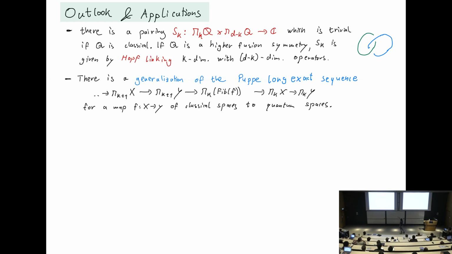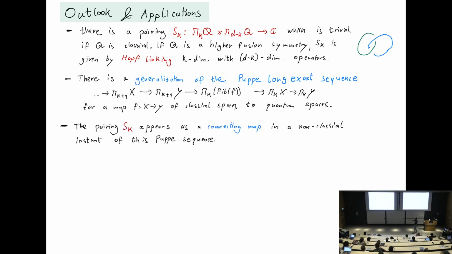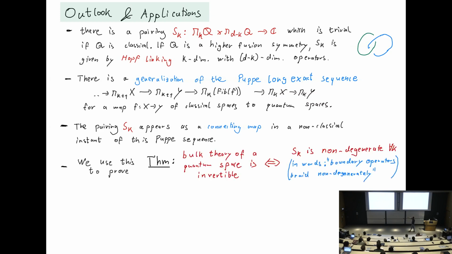But then there is sort of a long exact sequence you can extract from it, which in high enough dimensions and for finite enough theories gives you actual long exact sequences of these groups, and you can start computing them. And it turns out that this S matrix pairing appears as a connecting map in this long exact sequence. And you can use this, and this is what we originally wanted to use this for, to prove the following